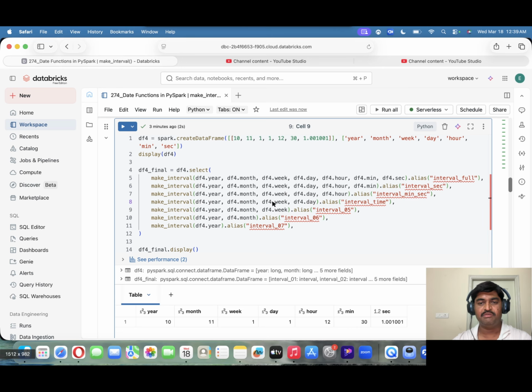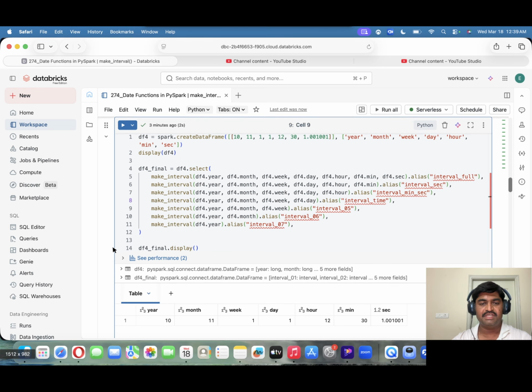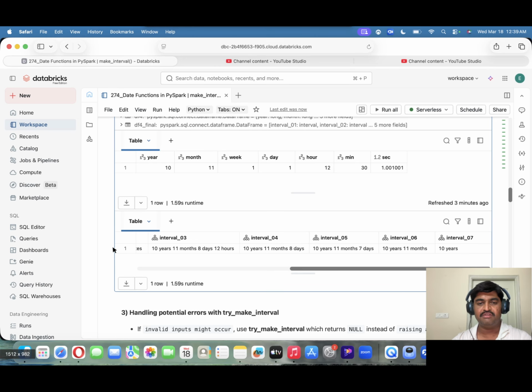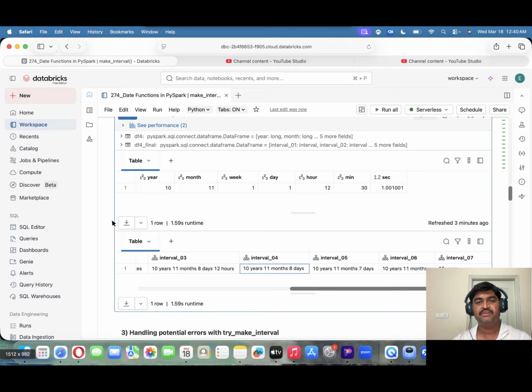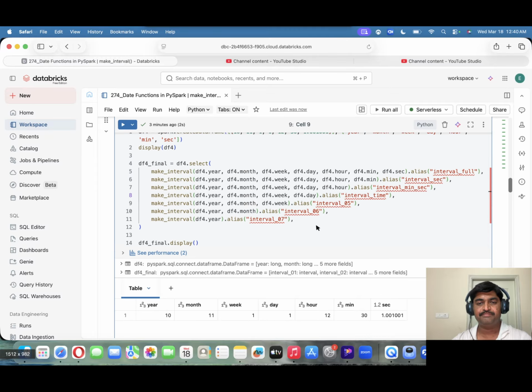So now what will happen? This time, the whole portion will go off. And that means even the hours will go off. We'll get only these three: year, months, days. So year, months, days we will get. And the next column is,